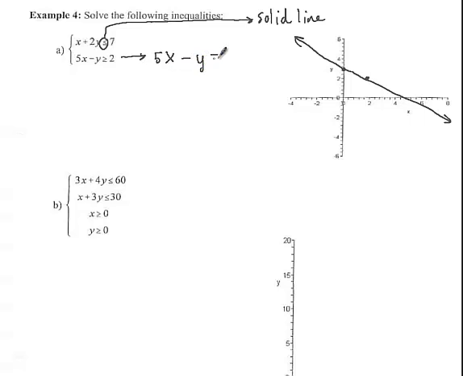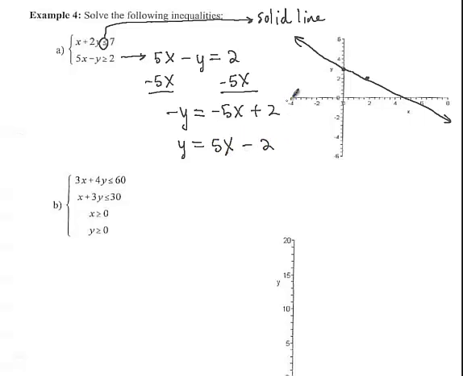We replace the inequality symbol with the equal sign, and we graph this line. To get the y by itself, we first have to subtract 5x from each side, and we want our y to be positive, so now we change the sign of all of the terms in the equation, and we get 5x positive and -2. This one has a y-intercept of -2, which is located right there, and with a slope of 5,